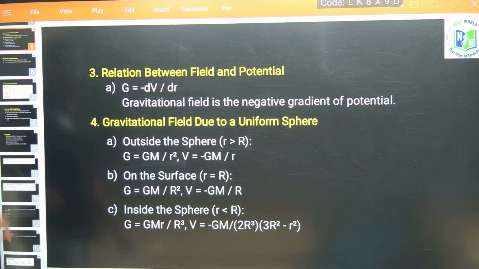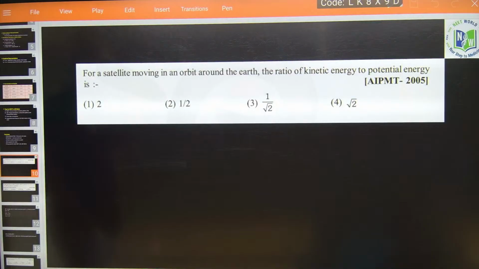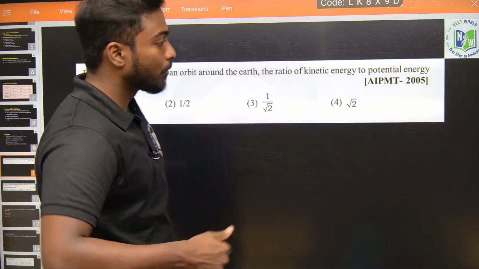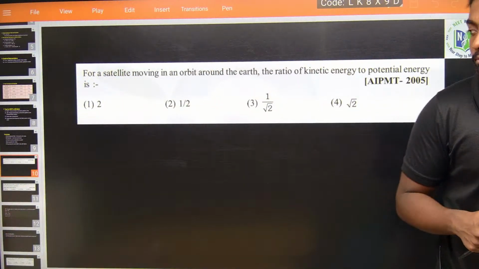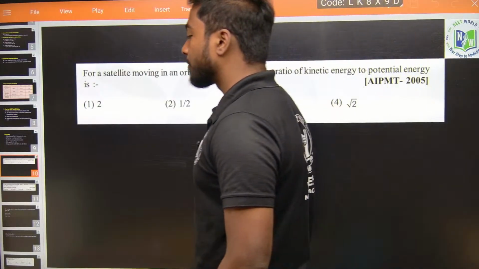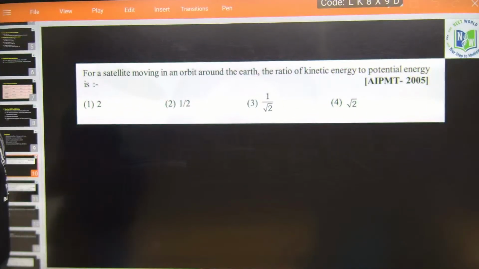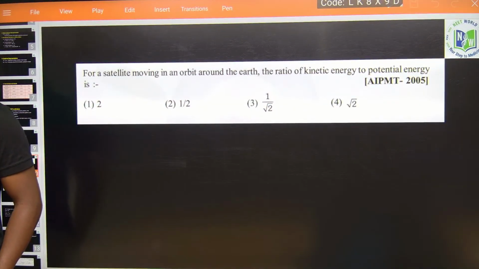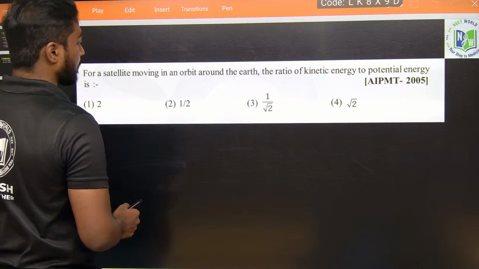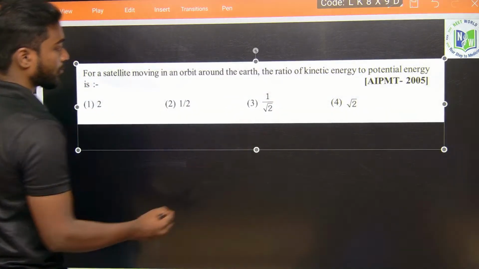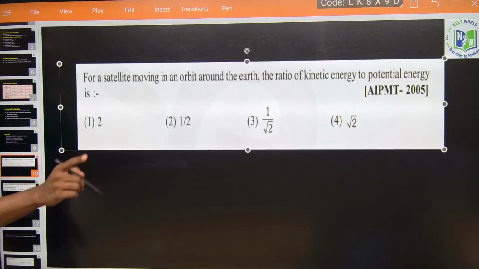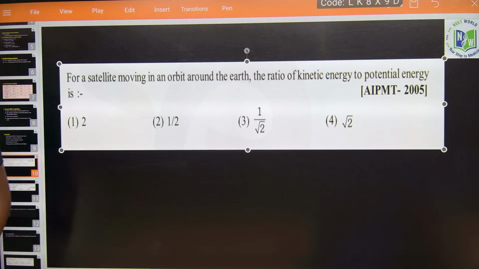So when we go into the questions, the first question is given: for a satellite moving in an orbit around the earth, the ratio of kinetic energy to the potential energy. Okay, kinetic energy to the potential energy. Can you give the answer for this question? What is the answer for this question? Yeah, a little bit I'll zoom it out. Now it's visible, right? For a satellite moving in an orbit around the earth, the ratio of kinetic energy to the potential energy is,